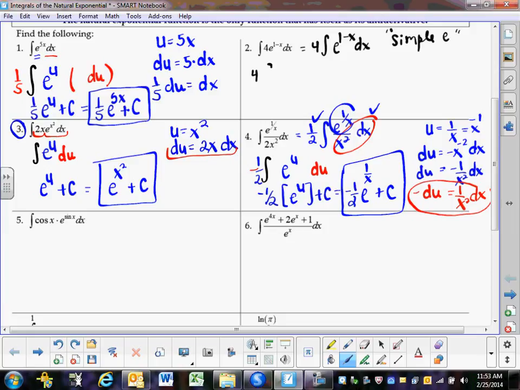I would hold the 4, and the antiderivative of e to the 1 minus x stays with e. But think about how you would have done the derivative. If I had done the derivative of e to the 1 minus x dx, I would have kept the e and then multiplied by the derivative of the power, so negative 1. So when I go backwards, I'm going to do the same idea,